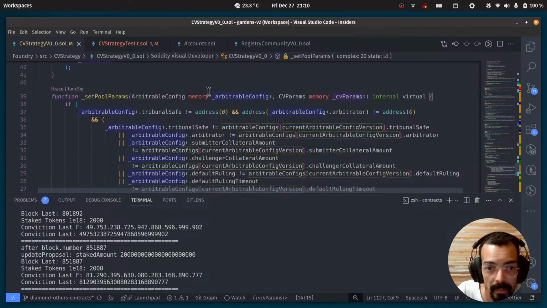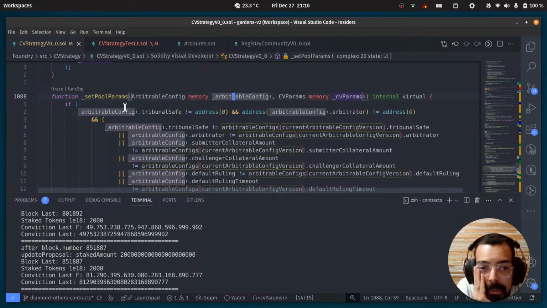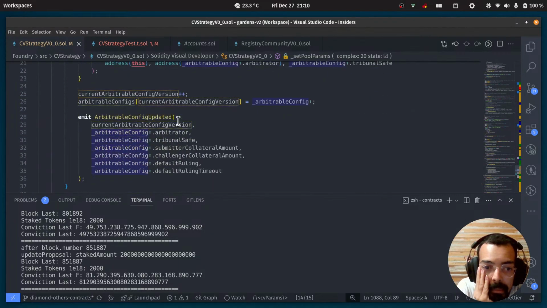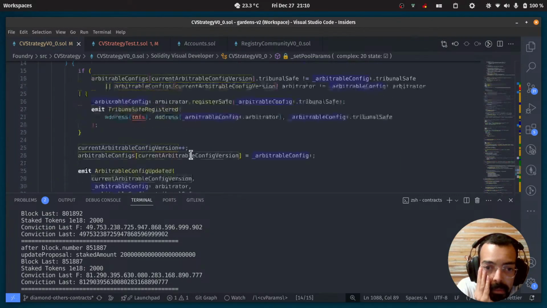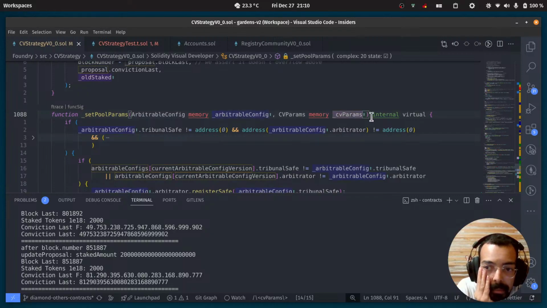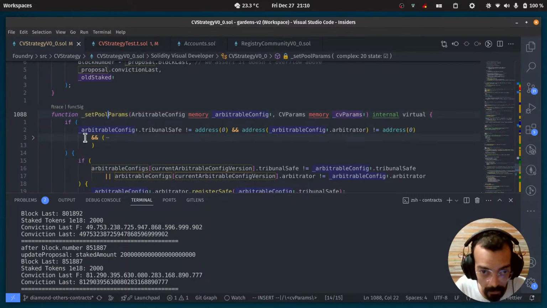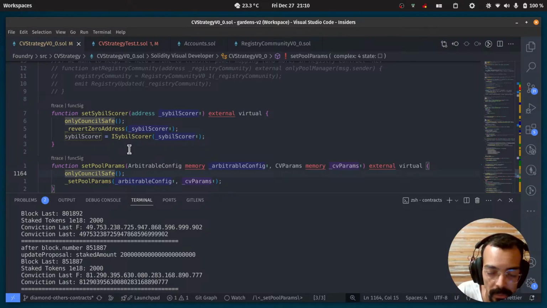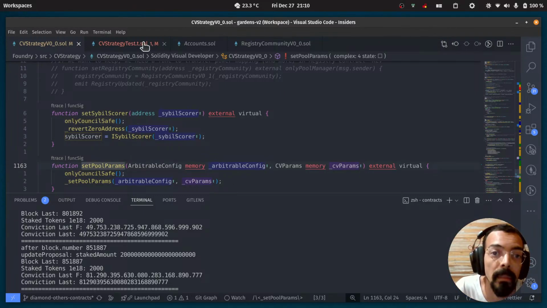Set pool params does a lot of checks and also expects. So if different from zero, but I want to only set that. I just need to set. They're going to ignore everything here, so I can go 0 here, right? 0. That's internal. So who is calling that? Set pool can only be called by the console safe. Okay. I can do that one, or I can do it in the creation